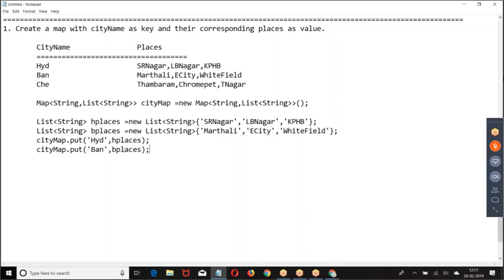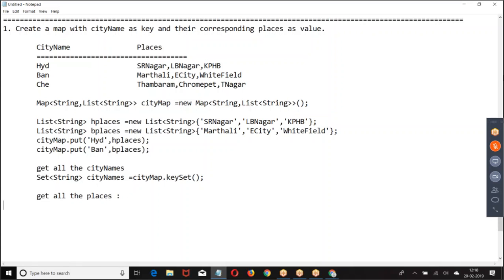No problem. Right? Now get all the city names. How can I get the city names? Similarly, get all the places.